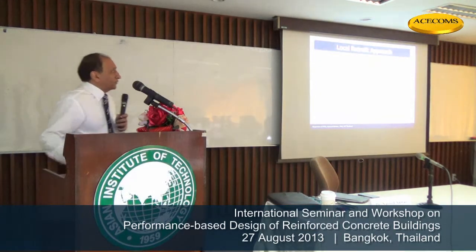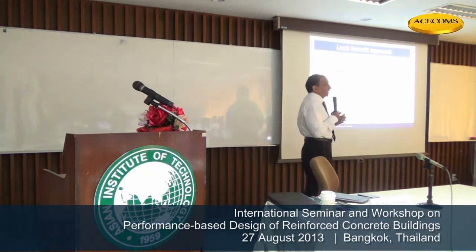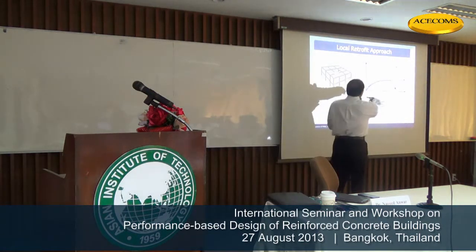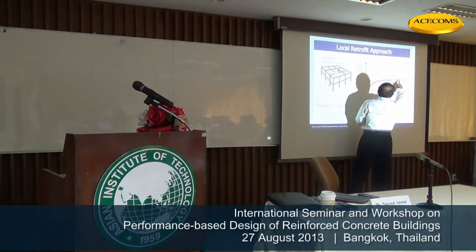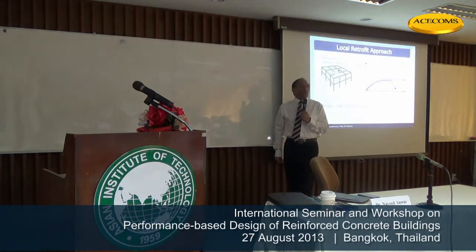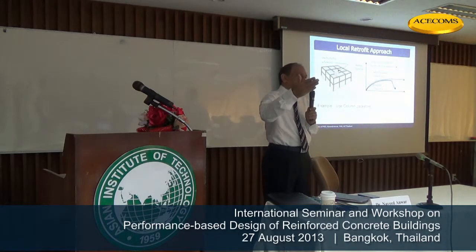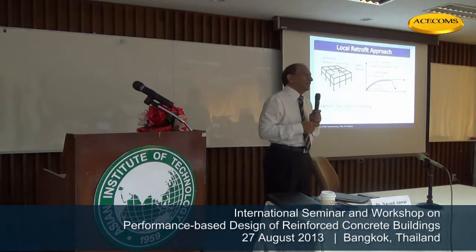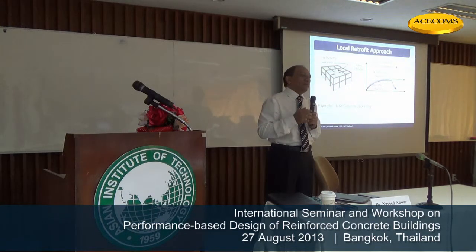There could be a local retrofit approach, where I can fix the columns by jacketing, right? And then you will get something like this. The existing structure was going like this. By jacketing, you can increase the ductility, so it will not fall down so soon. It will have the capacity to take large deformation. But the capacity may not be improved. Deformation may be improved, but the force level may not be improved. So if the deficiency is in deformation, local retrofitting may work.